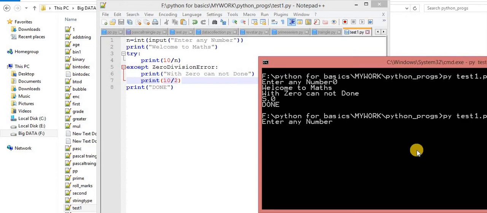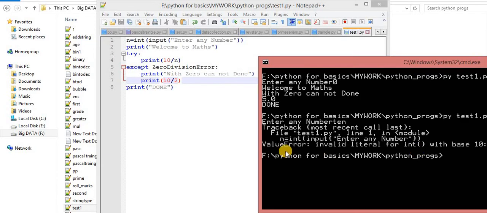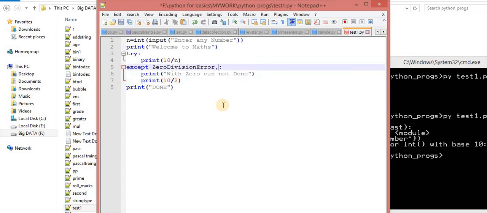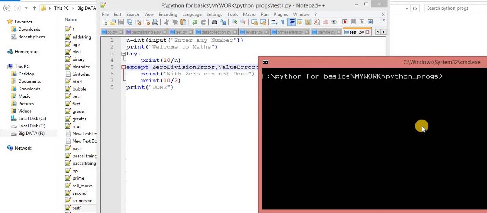Now one more time, this time I am writing 10. Now you can imagine it, okay. This time it is a ValueError. This is again abnormal termination, because this time the error thrown is the ValueError, okay. Now what I have to do, I have to catch it. For catching it, way number 1, you can use this. Now observe this scenario.